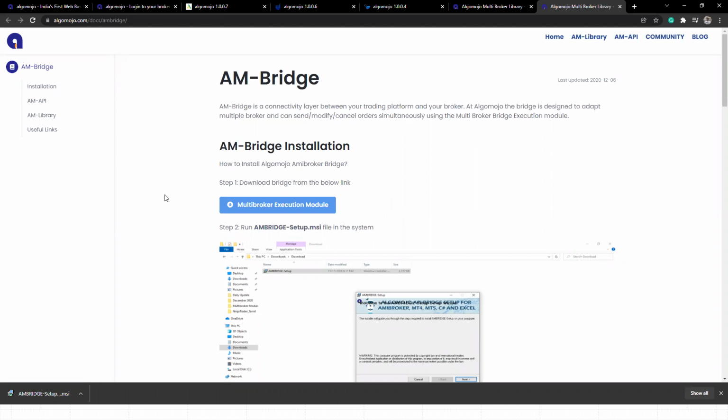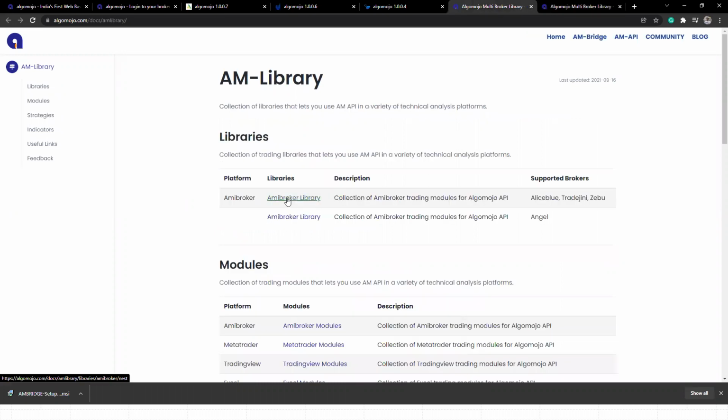Or if you're directly accessing the APIs, you don't need any bridges at all. So bridges are only for tools like AmiBroker, NinjaTrader, MT4, MT5 kind of software applications. These four major applications require a bridge. All right, so let's quickly get into the library.